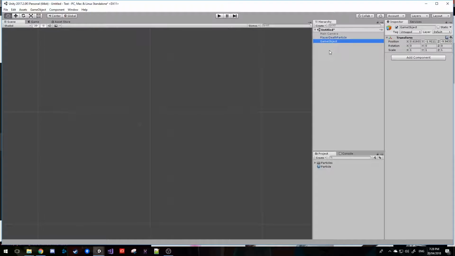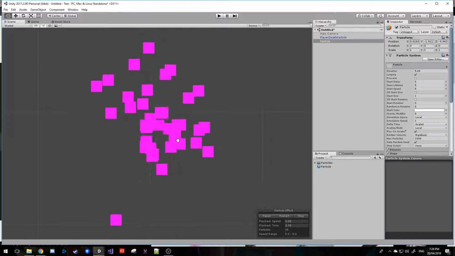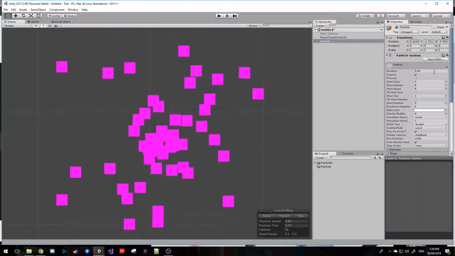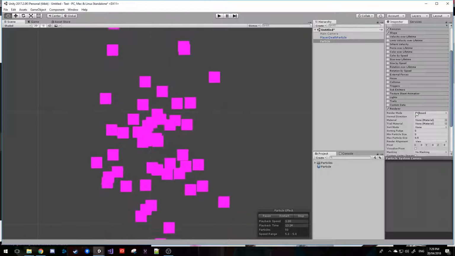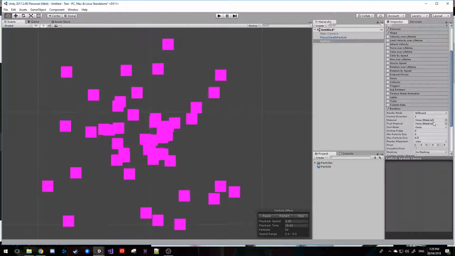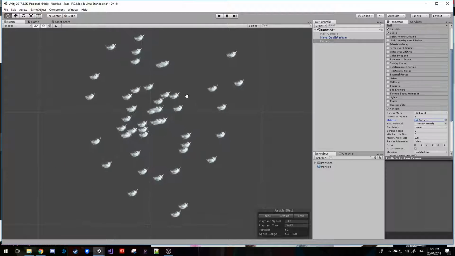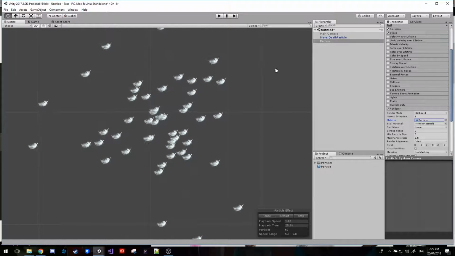Next you want to create an empty game object, call it particle, and add in this particle system. This is what you'll get, which is the default Unity particle system. To input that material, you want to go to renderer, and as it says here, material, just click there and add in that sprite. So now we have little feathers spawning and moving around,